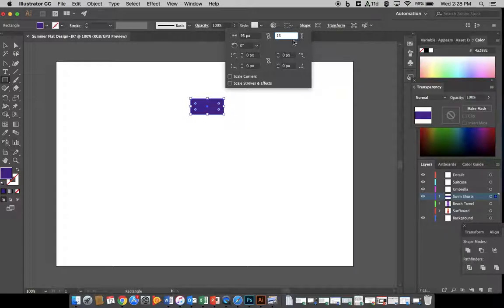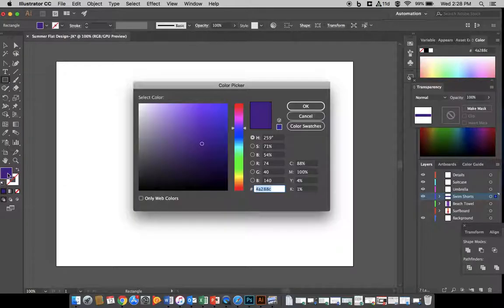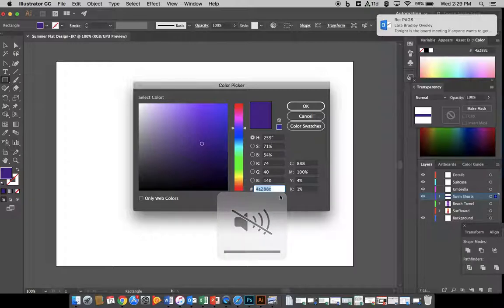The next thing that we're going to do after we put our dimensions in, make sure our color is correct. You should still have that same purple color that we had on the beach towel, but if you don't, then that color code, open it for you so you can see it, is 4A288C. So make sure that that is the color that you have on your,